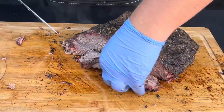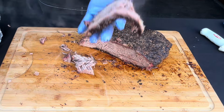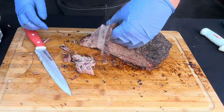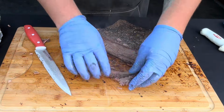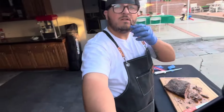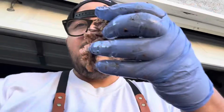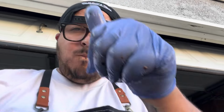And look, it passes the flop test too. If you're wondering, yes, look how soft it is. And it rips apart in your hand. So I'm gonna go ahead and test it. Look how easy it rips apart. But the real thing we have to think about right now is, does it taste good? Dude, it tasted so dang good. I mean, I was just nibbling and nibbling. I just couldn't stop, but I just had to control myself because